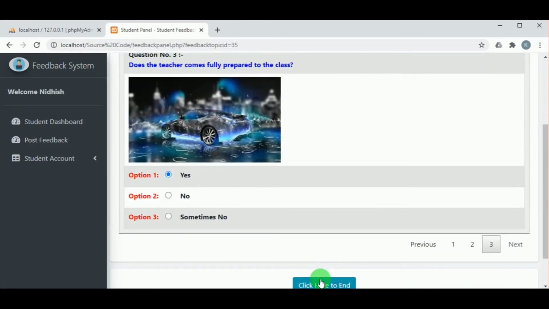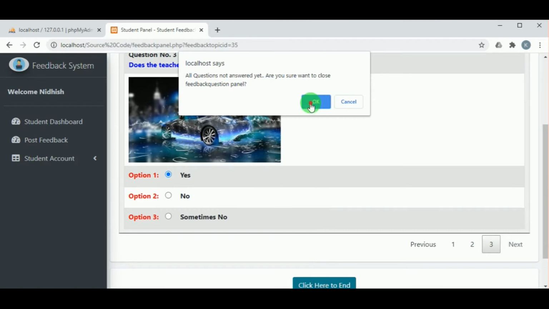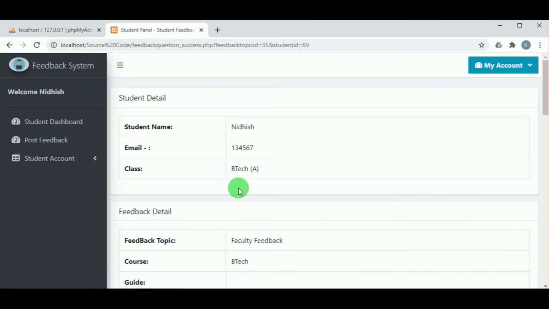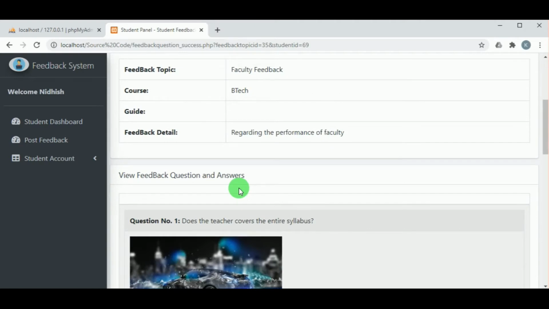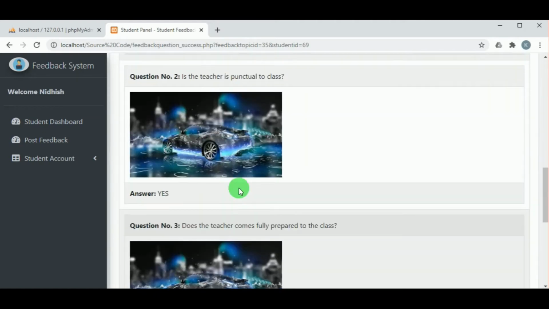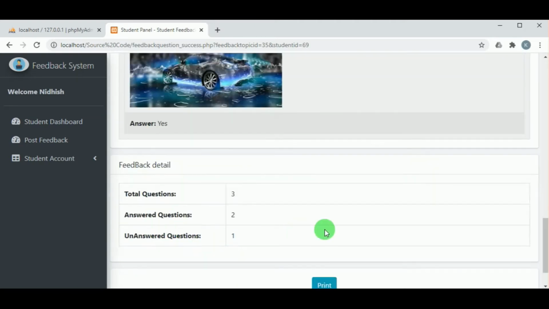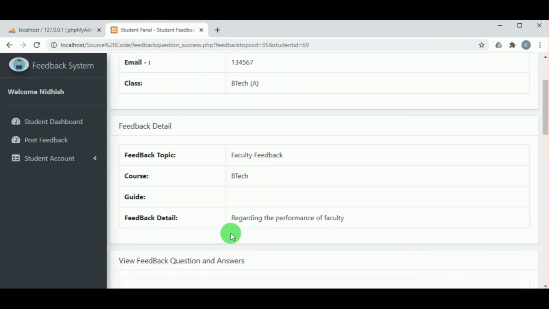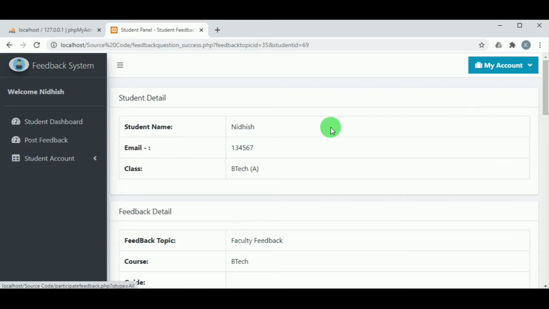So this is the difference in pagination and one page view. So click here to end, will end the feedback and the student's feedback result will be provided. So here the student had not answered one question, and therefore out of the 3 questions he has answered only 2 questions.